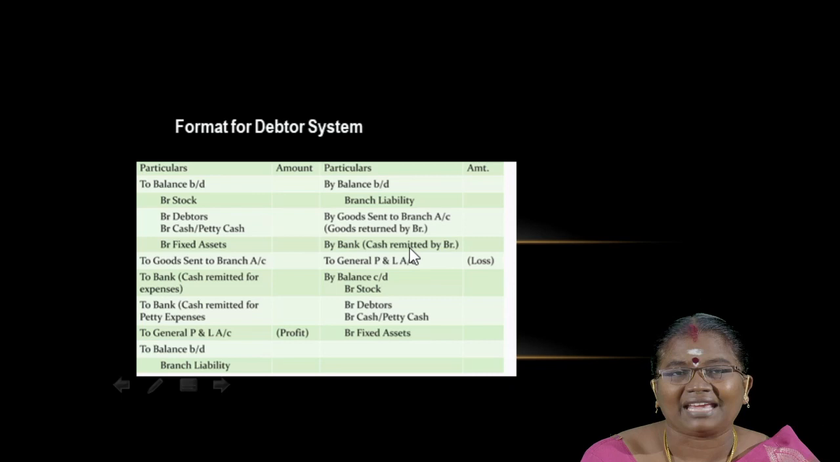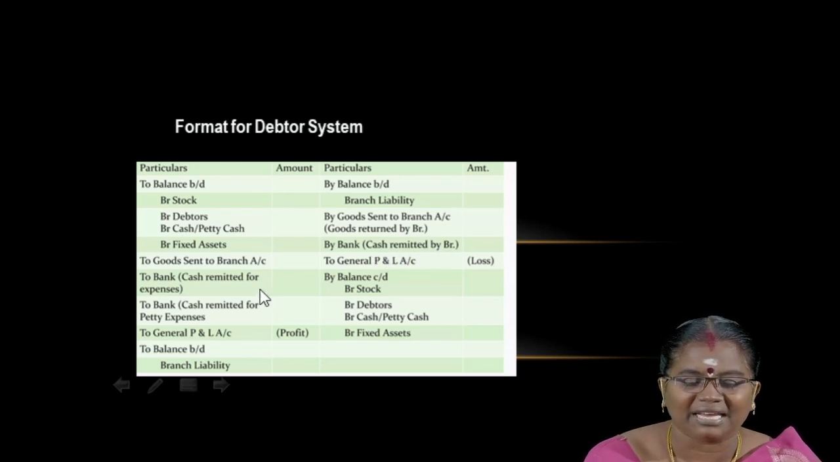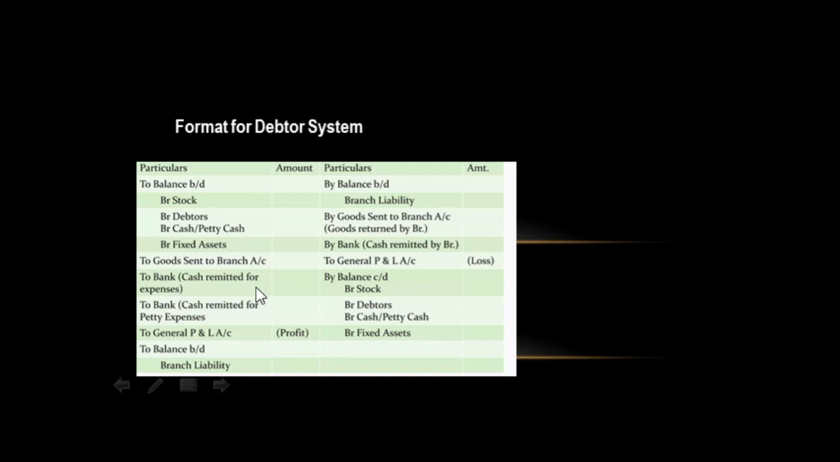Similarly, whether cash sales happen or cash is received from debtors, the cash which the branch receives from customers they will be sending to the head office. So that will be shown as cash remitted by the branches. Here there is cash remitted for expenses. The expenses are shown on the debit side, as I said, where we show them. The income of the branch which is sent to the head office has to be shown on the